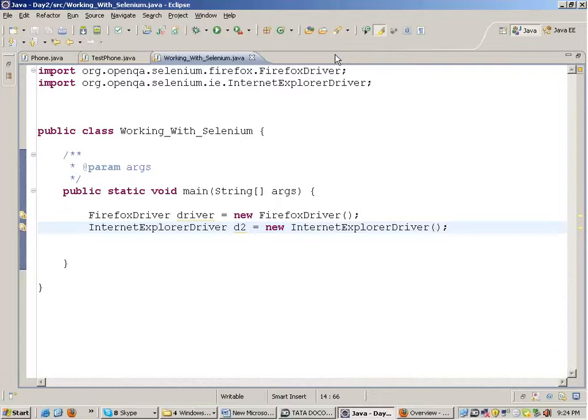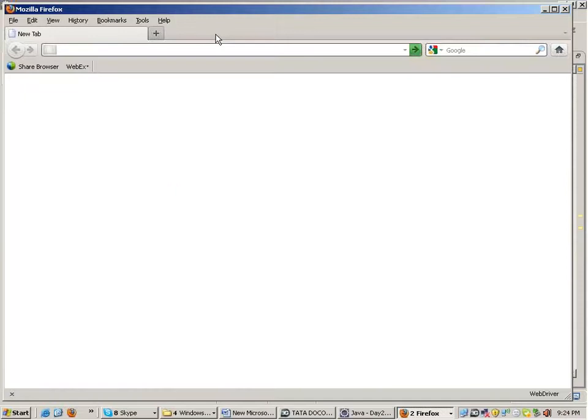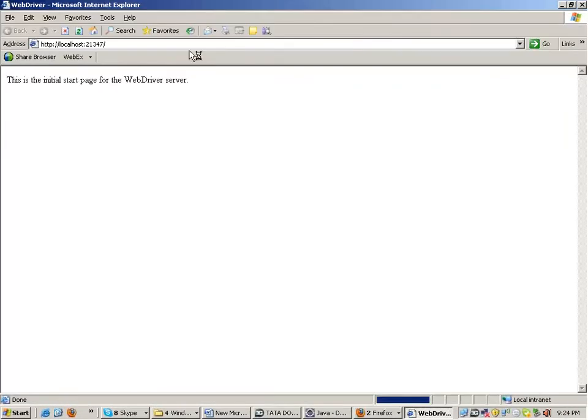IE9, I have heard some people tell me that it gives a lot of issues. I don't work with IE9. So when I run this now, it opens a blank Firefox and a blank IE.